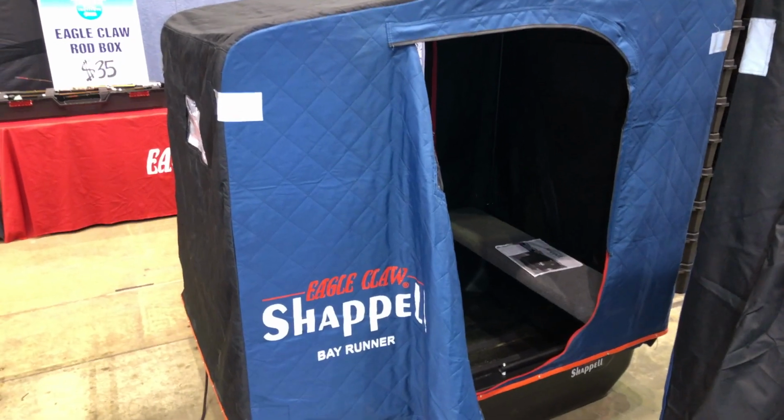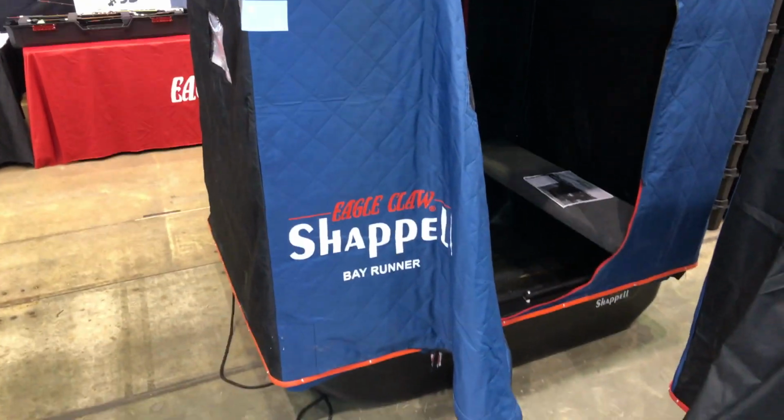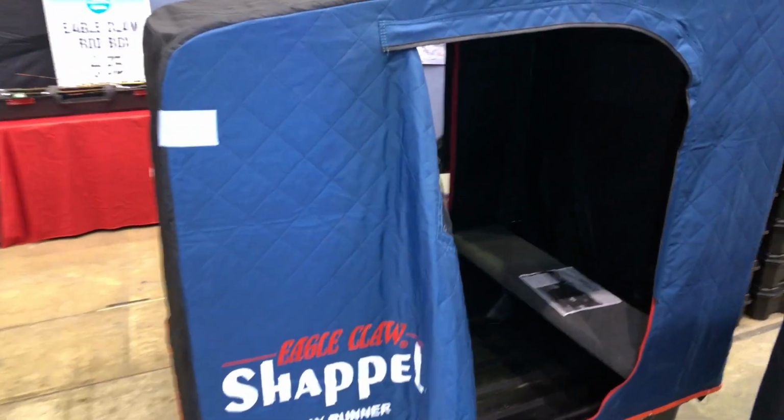So we're at the Eagle Claw booth checking out some new stuff coming out here for the 2019-2020 ice fishing season. This is a little Bay Runner here, and what they've added this year to the Bay Runner, which was a very popular model, is a thermal or an insulated material. So you've got a little bit more thickness in this, an insulated,